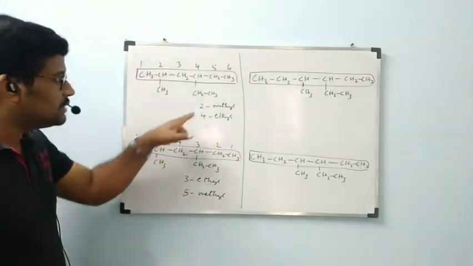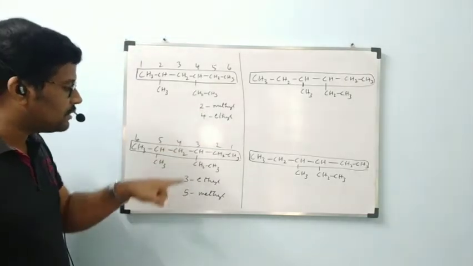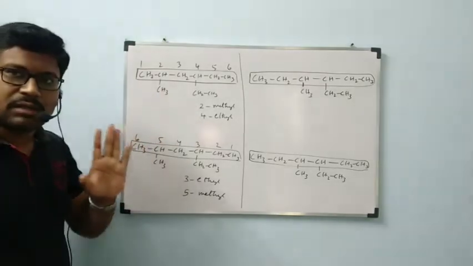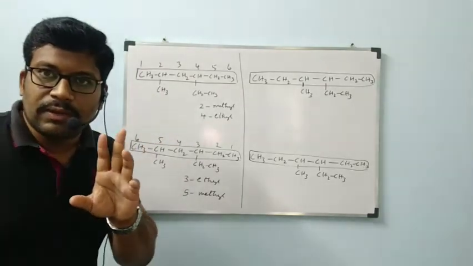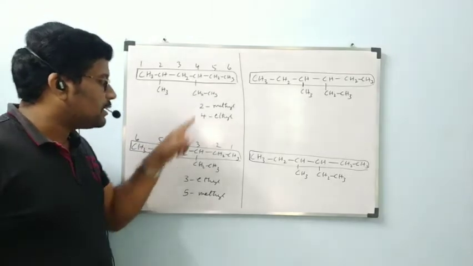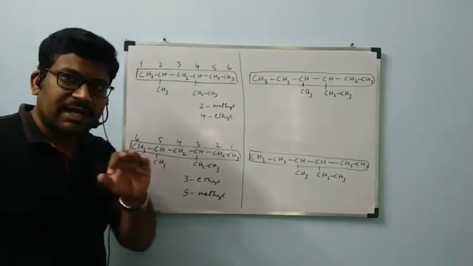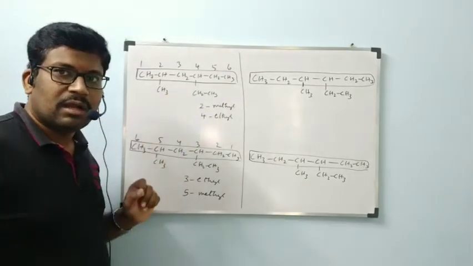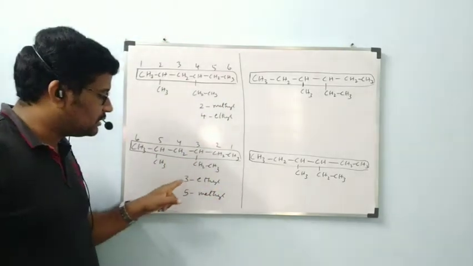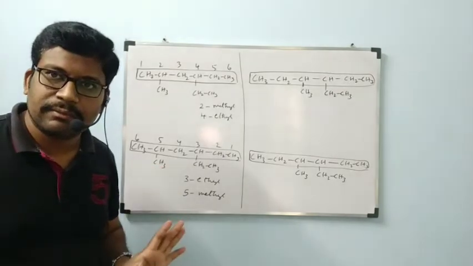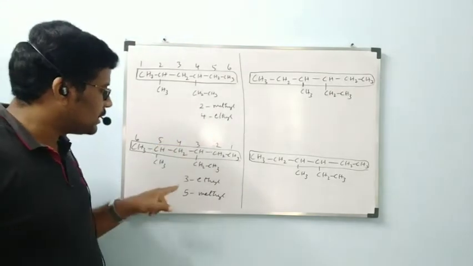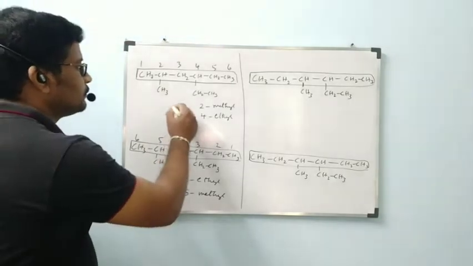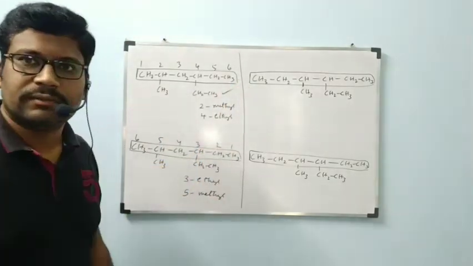Different numbers we have. See, observe the first number: 2 here, here 3. Concentrate on the first number. First number 2 here, first number 3. Don't go for any other numbers. Concentrate on the first number left to right, and on the first number right to left, 3. Are they different or same? Different. Here 2, here 3. When they are different, select the least number. That numbering only is selected.